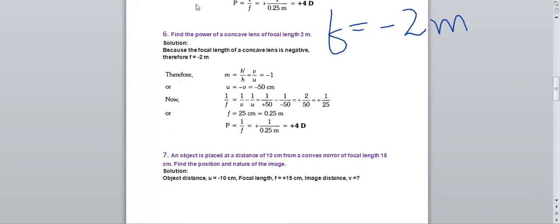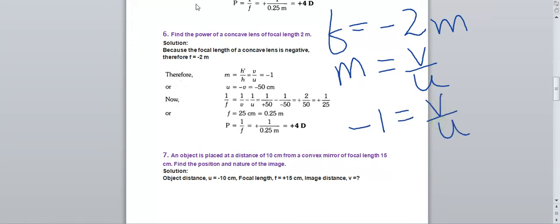Okay, but in this question, image distance and object distance are not given. So first of all, we have to find the image or the object distance. For that, we will use the formula m is equal to v by u. Magnification we will take as -1. So we can write